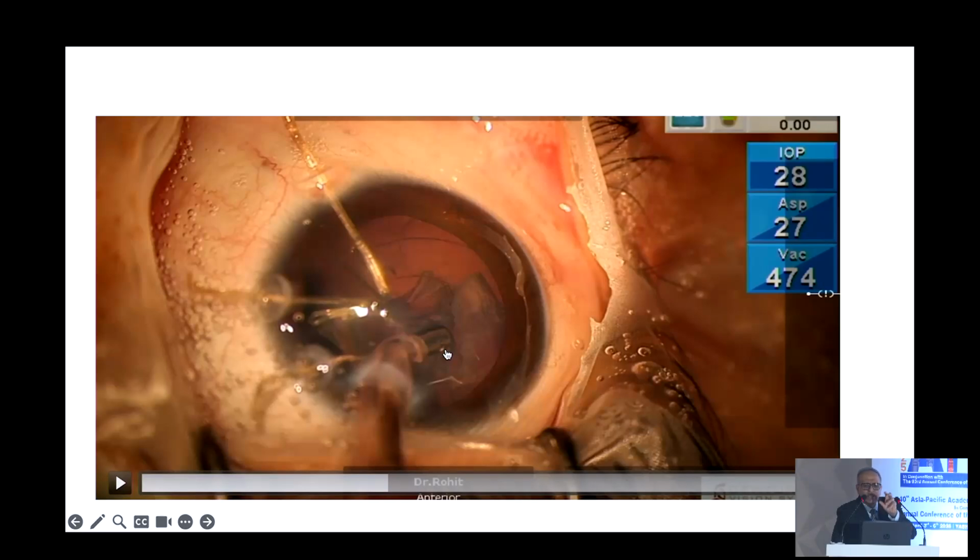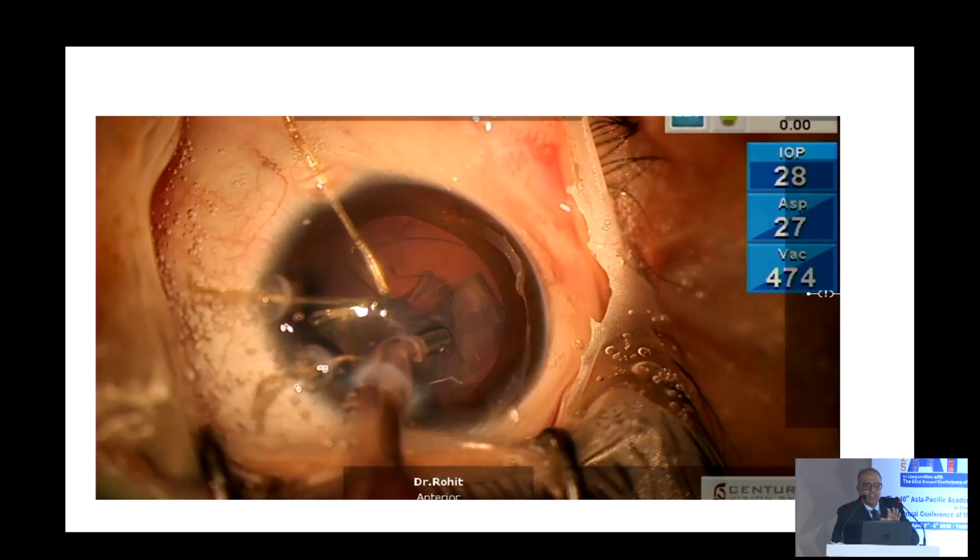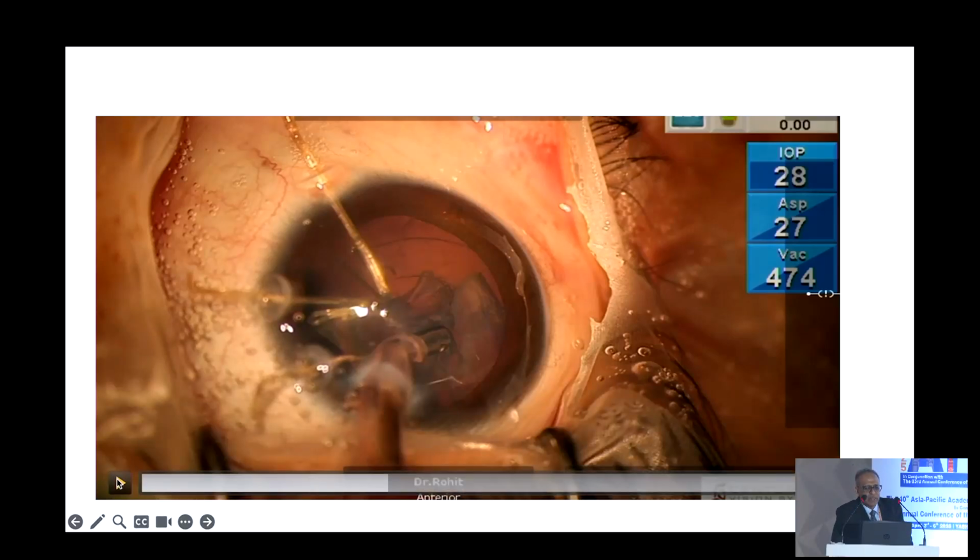These are very small things. And you can see that the IOP which I am using is 28. With this 28, I am not in any way going to create a situation wherein there is going to be a break of the anterior vitreous phase. No doubt in these children with some support of zonules, it's difficult, but still low fluidics will really help. So I continue now,